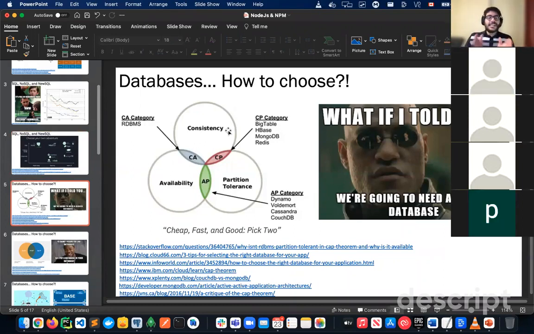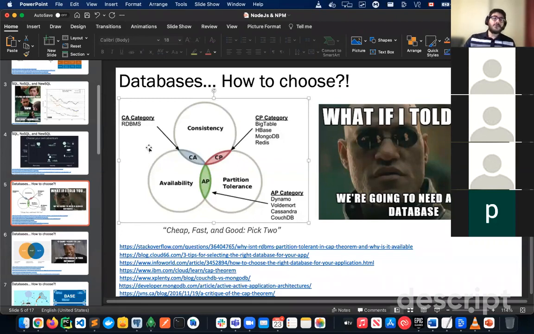To put it simply, it's like cheap, fast, and good, but you can only pick two. Technically speaking, you can only have two of these three. You can have consistency, partition tolerance, and availability, but only two of them. Usually we have partition tolerance. So it's either CP or AP. Now, maybe 10 years ago, RDBMS such as Microsoft SQL, MySQL, and Postgres used to be CA, which means they